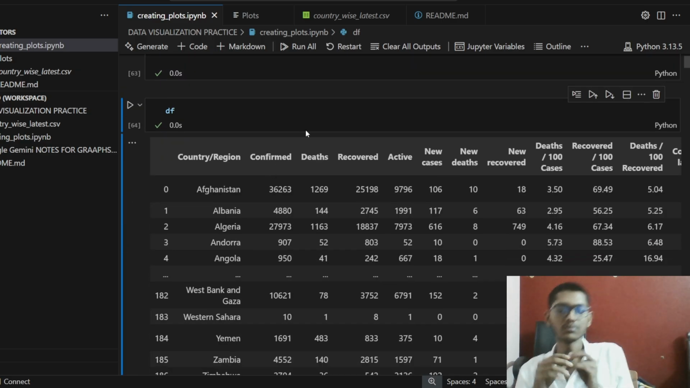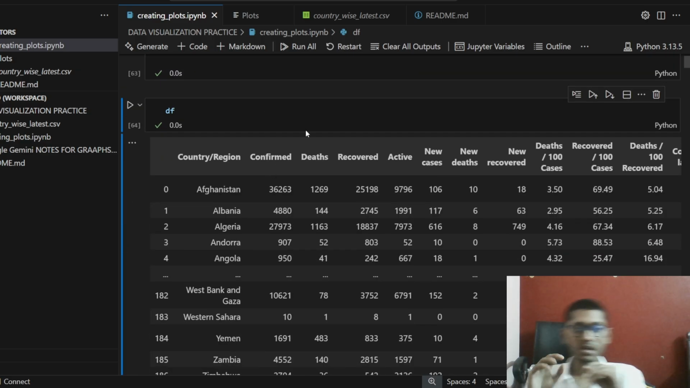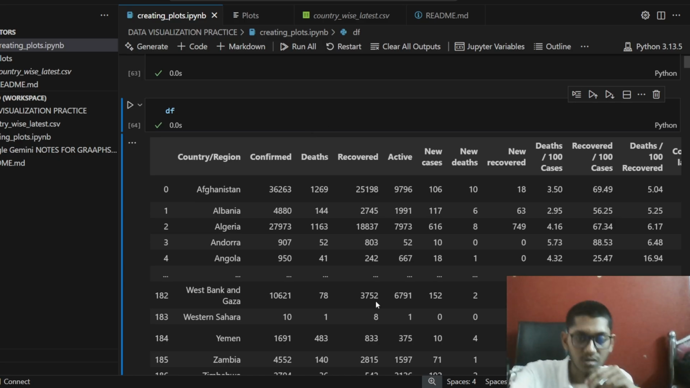Okay. So df, what is the data frame all about? The data frame is all about COVID-19 data. I have taken the data from Geeks for Geeks. It is publicly available. You can go to their blogs and you can check that. So